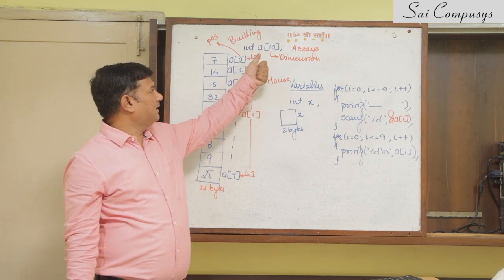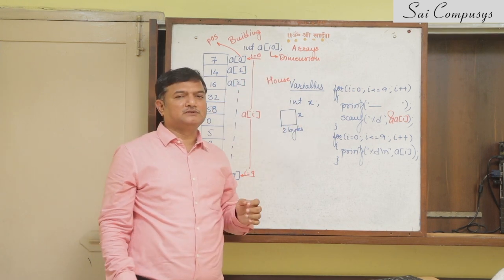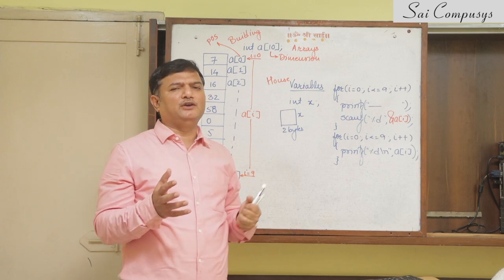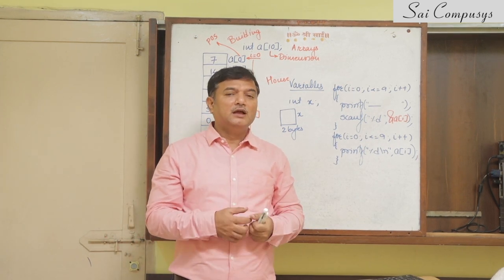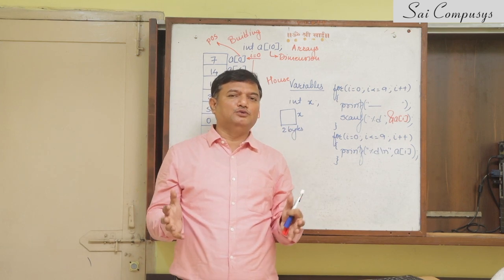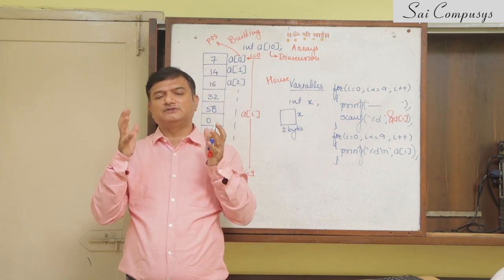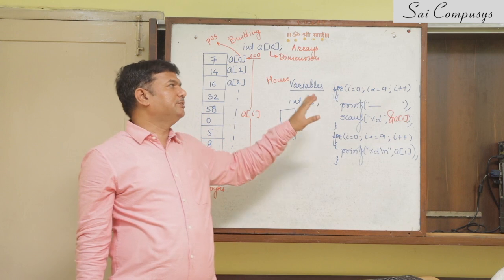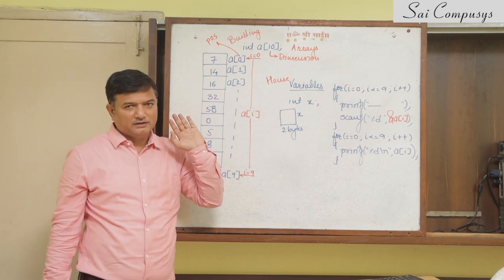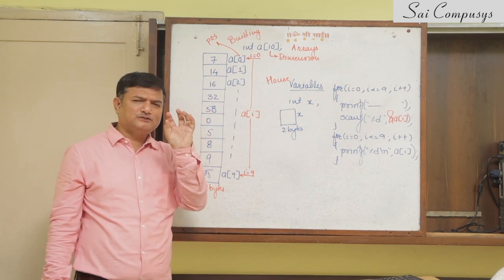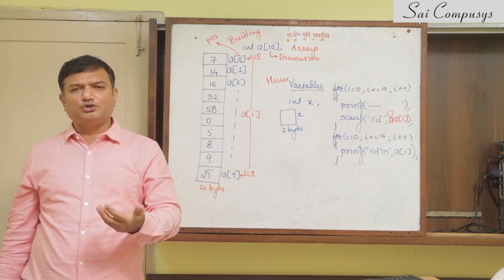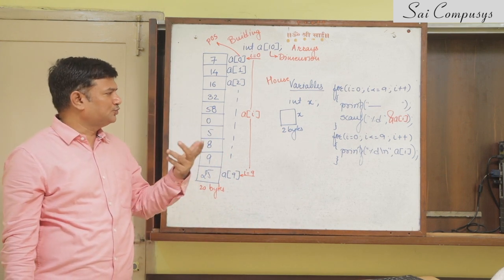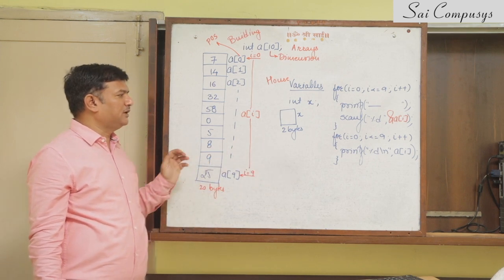Now, when to use an array? When to use variables? If you have small number of values, 5, 10 values, then you can always go with regular variables. But if you have large number of values, if you have a collection of values, then instead of regular variables, we should be sticking to the concept of arrays. I'll just show you a few small programs, how execution takes place, how the values are to be entered. That thing I'll just show you based upon this particular explanation.